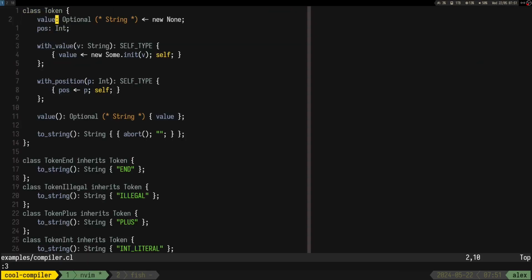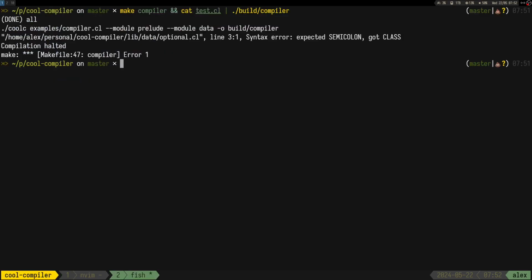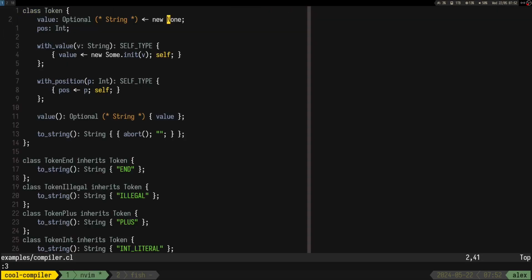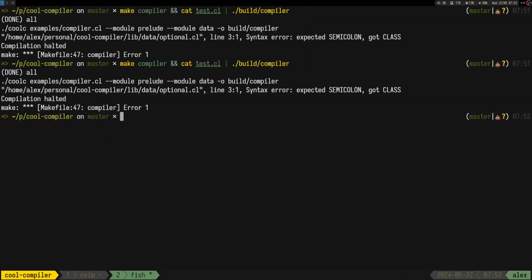Line 3 unexpected, semicolon got class. But I do semicolon. What the fuck do you mean? I saved it, right?